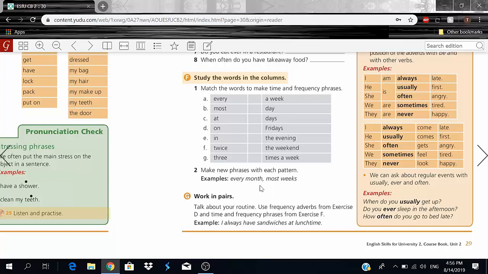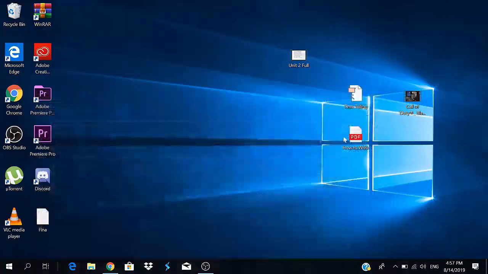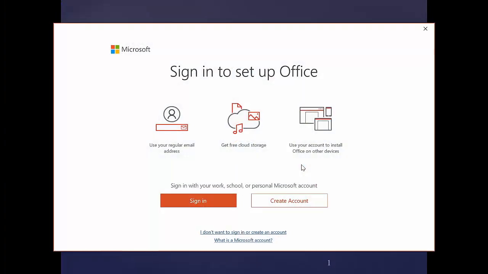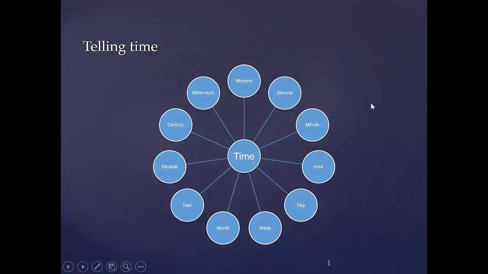So now, before I forget, let me open something for you guys. We're going to talk a little bit about time. So you guys remember when I said that, oh, not this one. Let me open this. Time telling, okay? So I'm going to talk to you guys a little bit about time. We talked about time before, but now I want to get into a little bit more detail, okay? So you guys can effectively tell the time and say the time as well and not be confused when you hear it. So let's start with time.